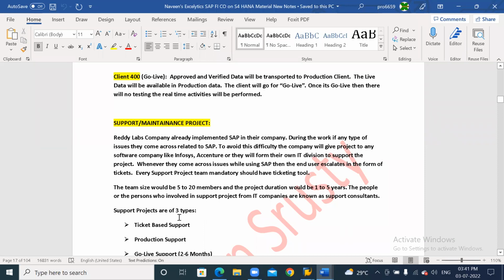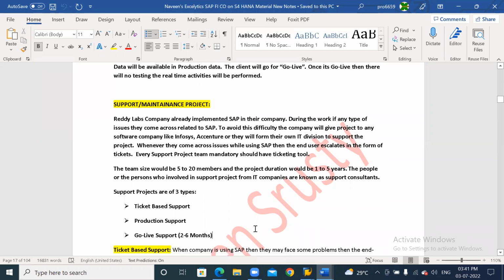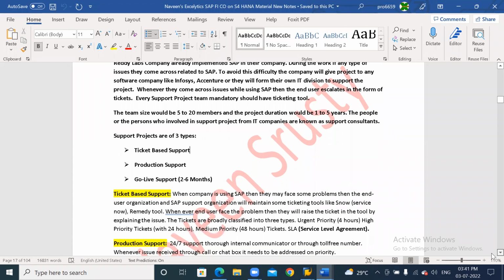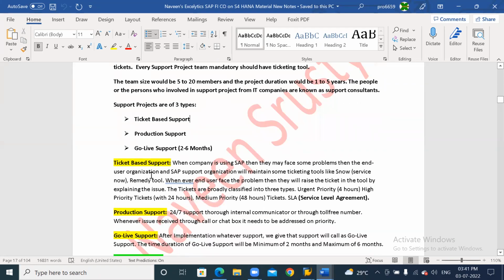So support projects are broadly classified into 3 categories. Support projects are of 3 types: ticket based support, production based support, and go live support. The go live support we already discussed just now, but again I'll reiterate. Okay, what do you mean by ticket based support? Very important, this ticket based support, in the sense, when a company is using SAP,